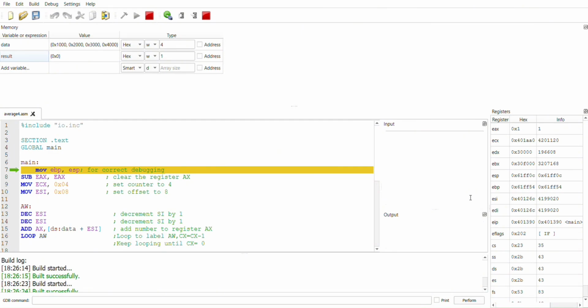From now on, I will just use debug and step over each time I say step over. You can also use F10 to step over into the next line. Okay, so I will now execute the program 1 instruction at a time using step over. The first instruction is sub EAX. So when I click step over,